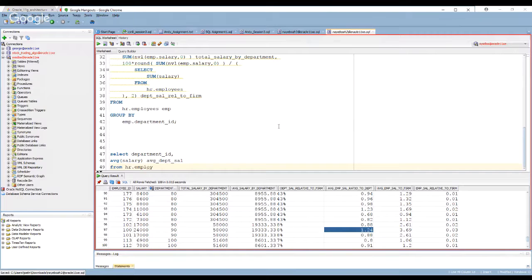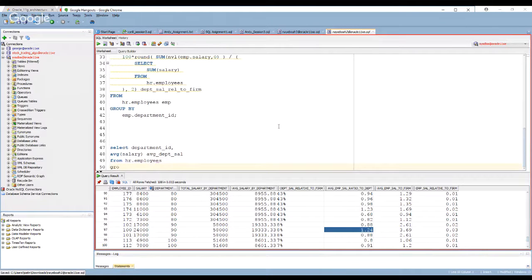Group by department ID. But at a baseline level, in the second question, you're trying to figure out for each person how much they make relative to the average in their department, as well as the average salary for the entire firm, right?